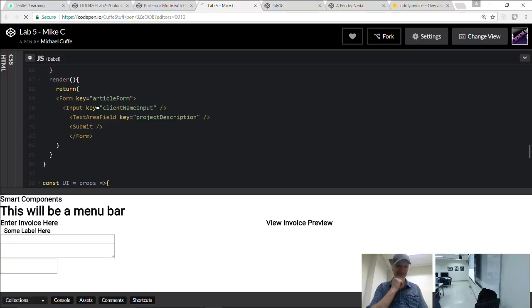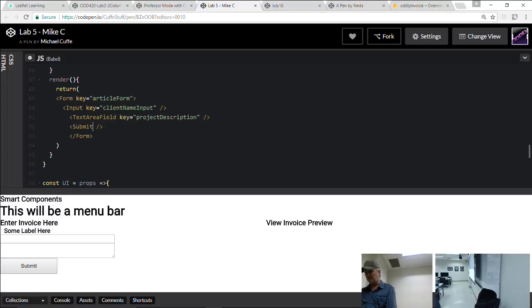Yeah, there we go. So you made them, and now we just used them. So then the last one is this text area field here. So let's do a little work on that, and then this thing is shaping up pretty good.